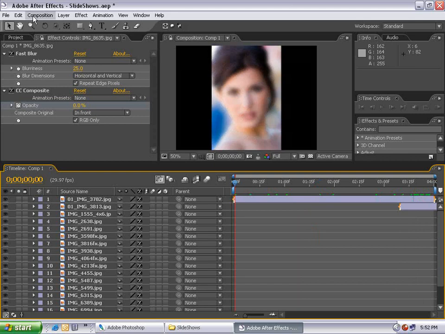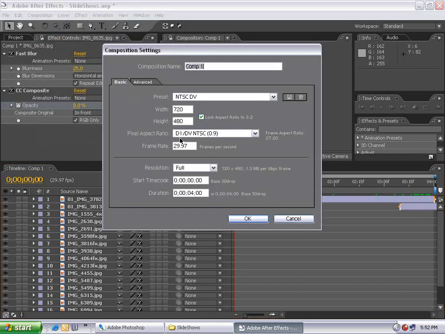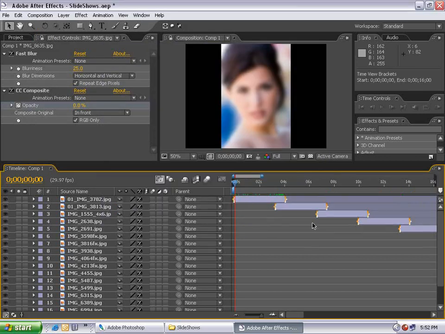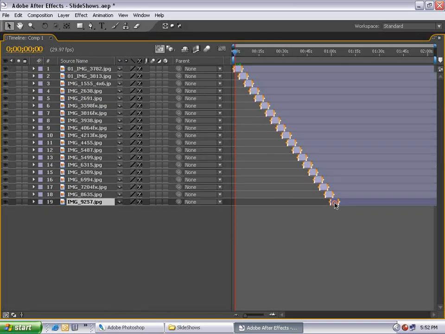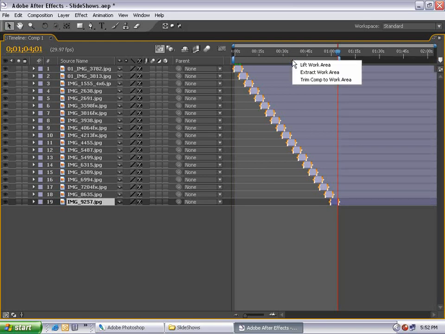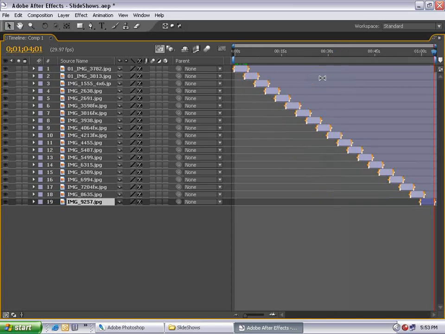So now if I go to composition settings, I can increase my duration to say 2 minutes. I'm not sure how long this will be. Zoom out here, and now you can see all the layers are here. Then if I go to the last layer, hit O, that goes to the last frame of this layer, hit N, which trims the work area, then I right click on the work area, trim to comp area, and then it's